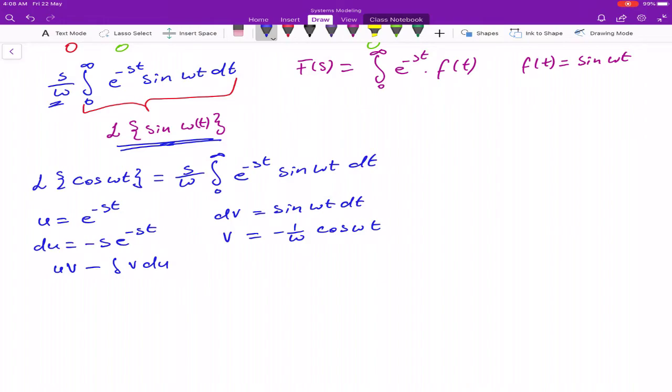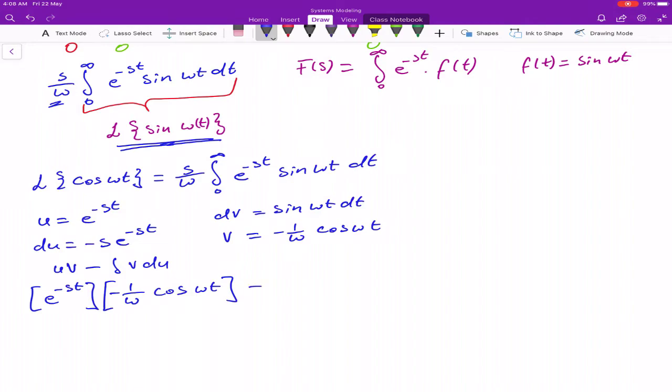So our u is e to the minus st. Let me just put this in brackets so that I keep everything nice and tidy. And with v we have minus 1 over omega cosine omega t,